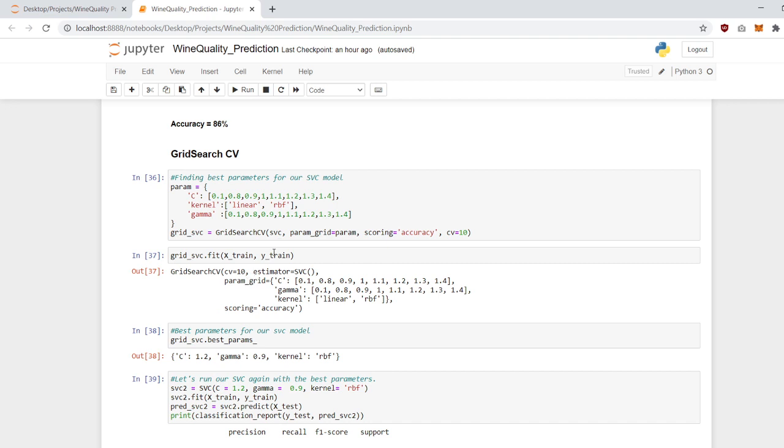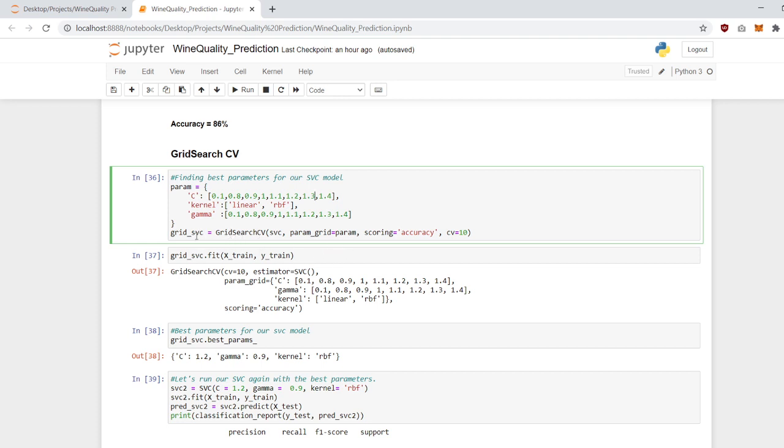Now we will apply grid search CV, which kind of finds the best parameters for the SVC model that we looked upon earlier. So these are the particular parameters and their particular initial values that we are passing in order to find the best parameters. So out of these multiple parameters, the grid search CV will find the best parameters, best values, which will suit the model in order to give us higher accuracy.